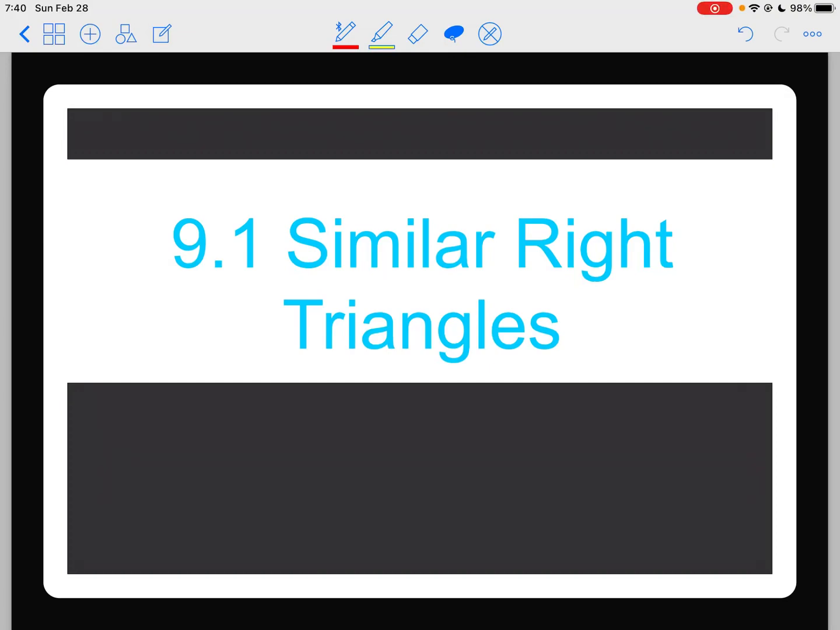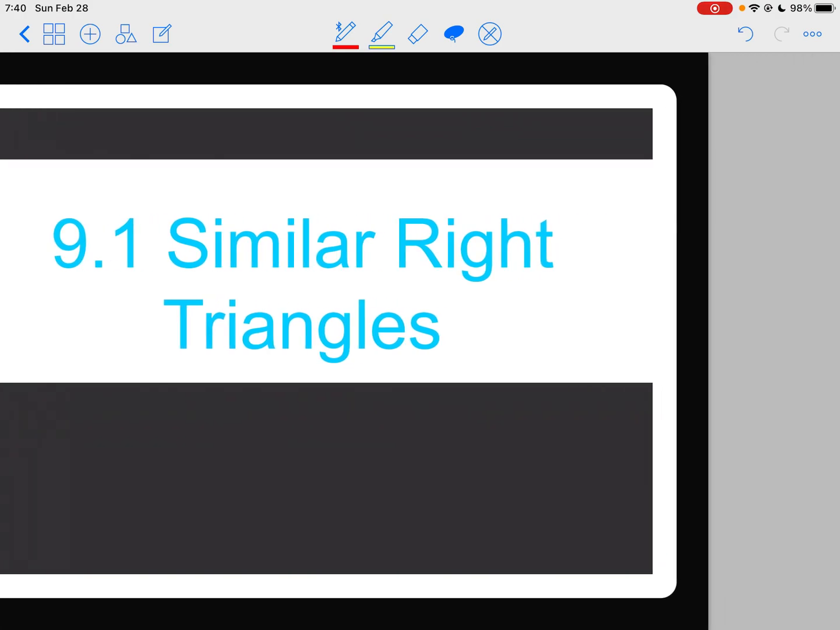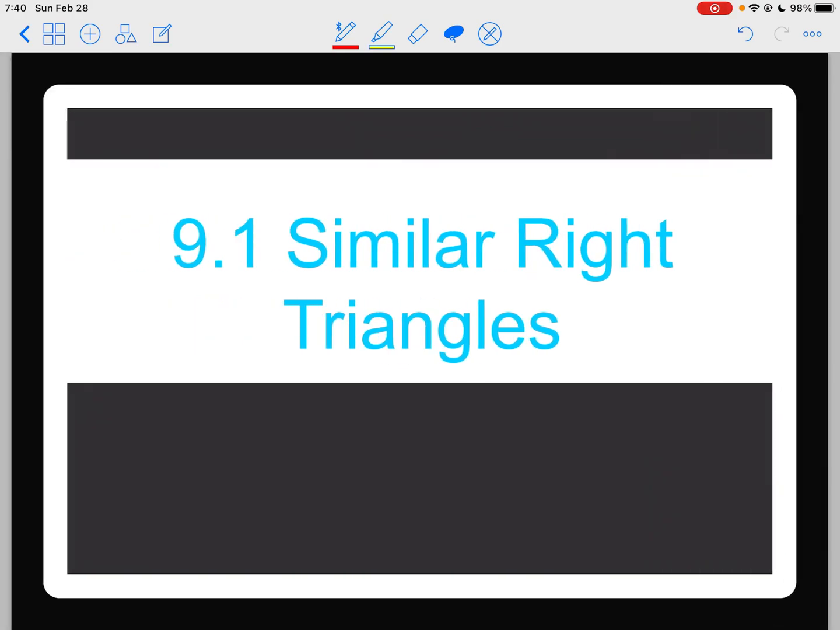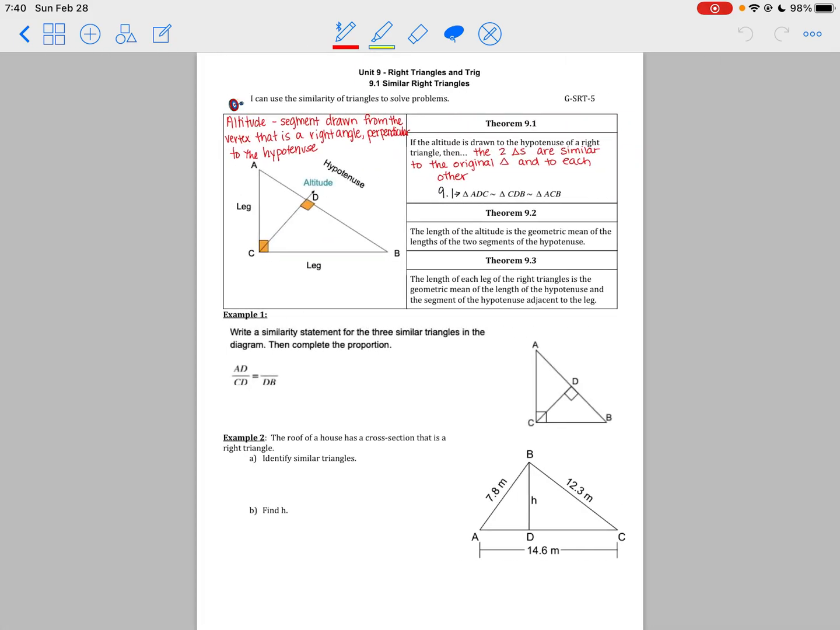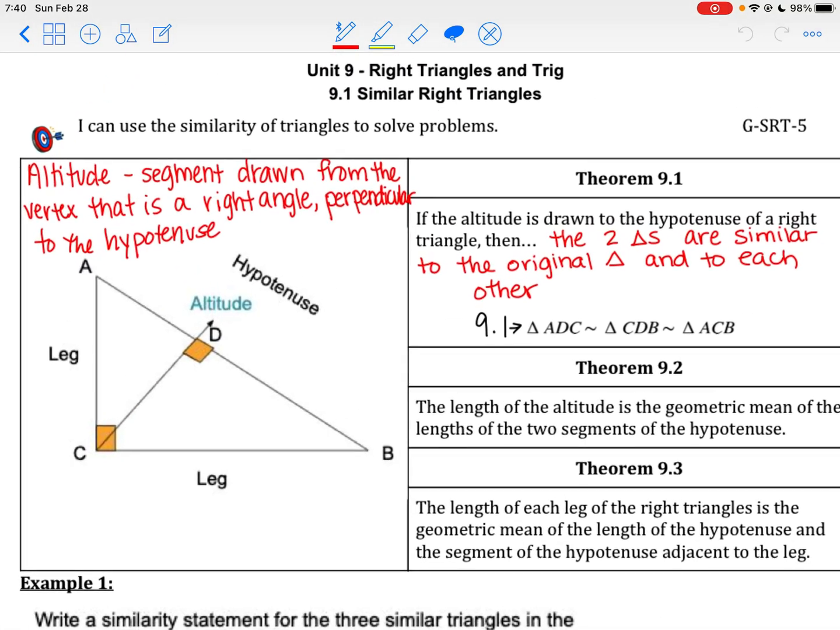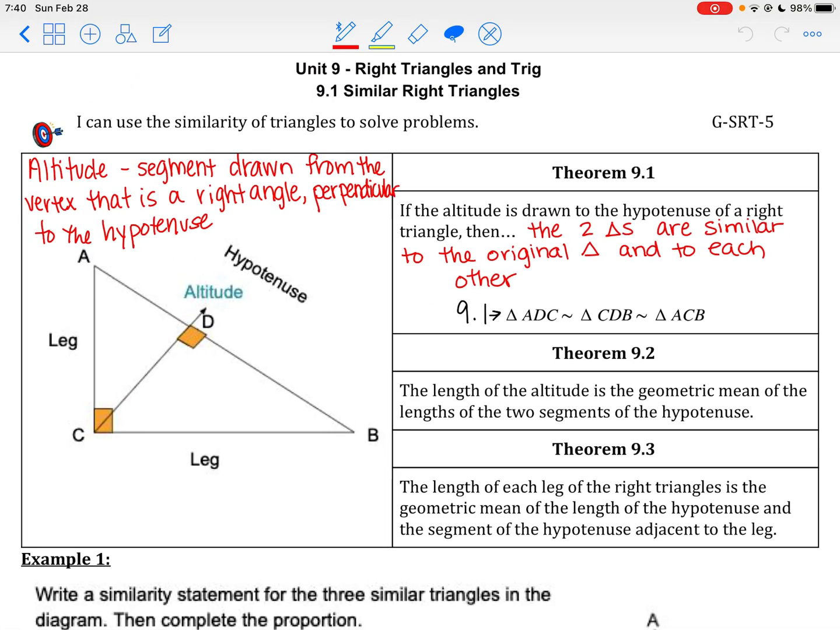In this lesson, we're going to explore similar right triangles and how those can be used to solve problems. The last unit we did was all about similar triangles, and this unit is going to be about right triangles. This is our introduction to what we're going to be doing in this unit. The first thing we're going to talk about is how these right triangles are similar,